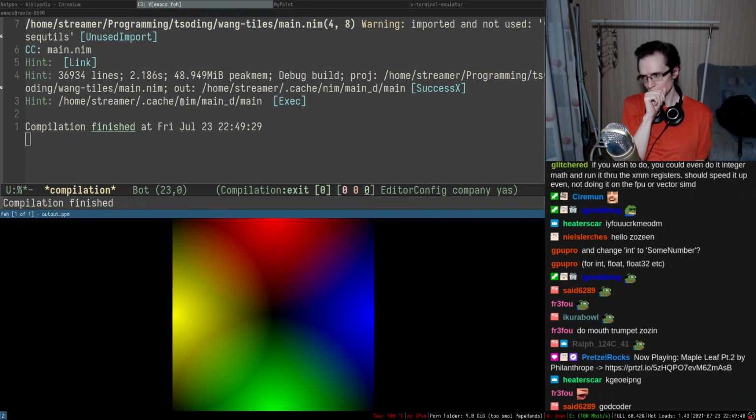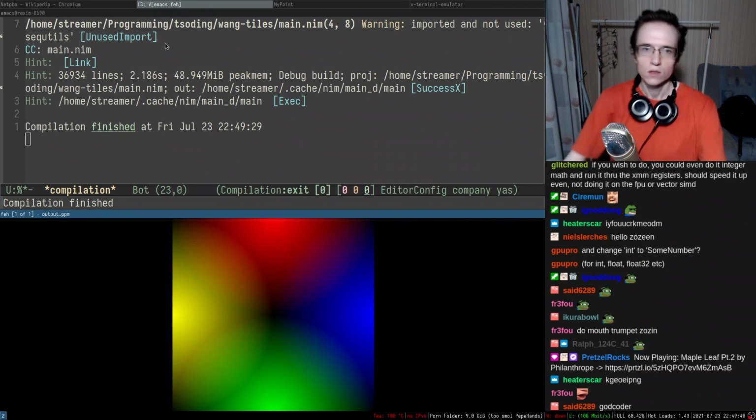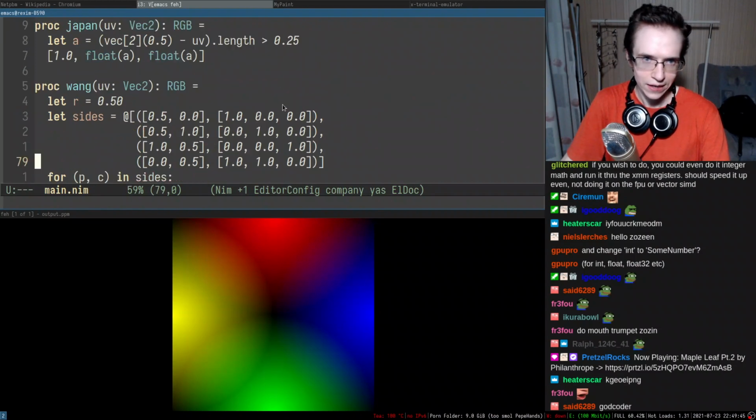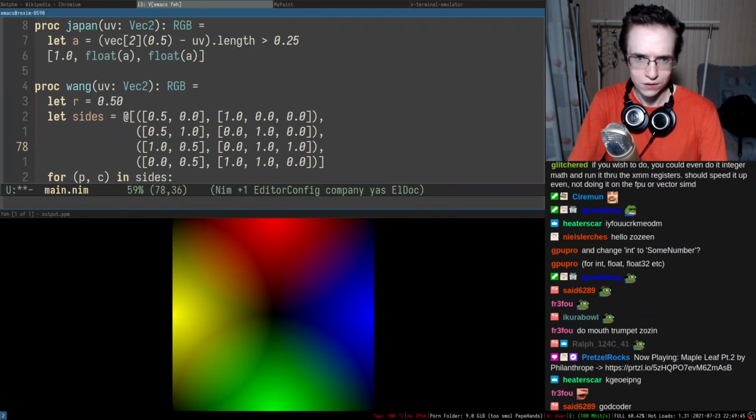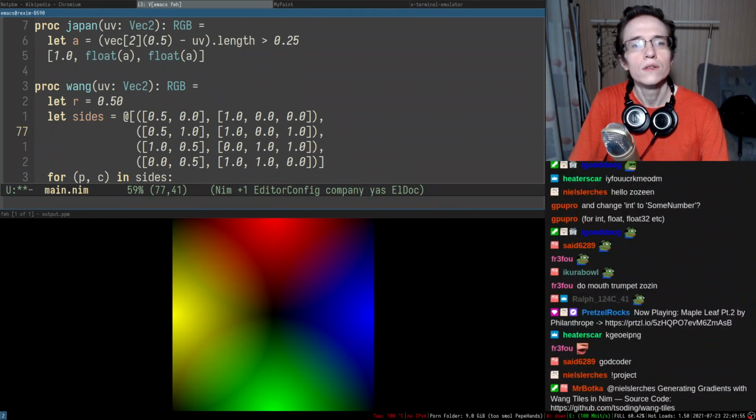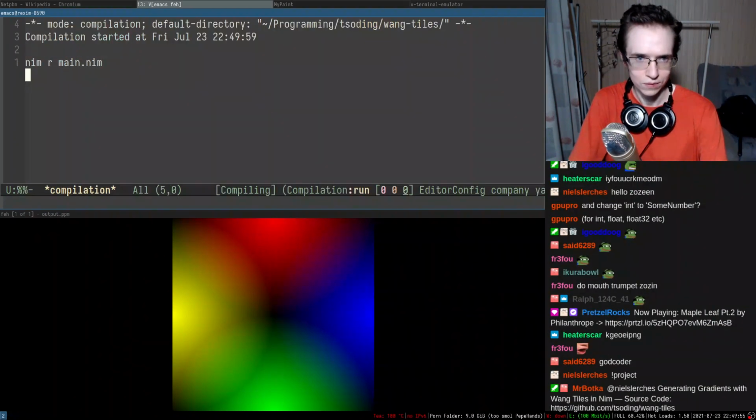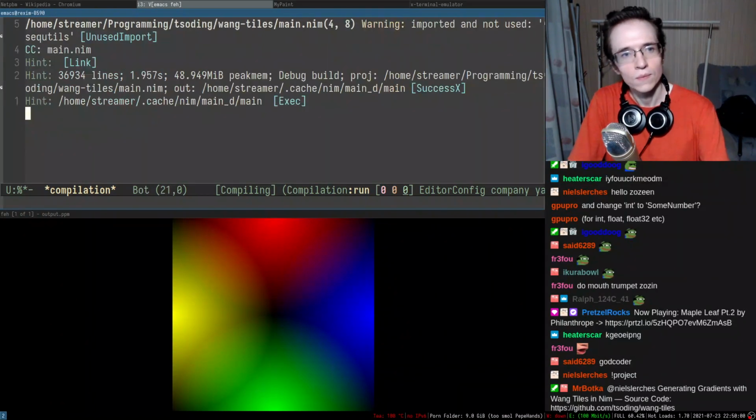That is interesting though. So what if we have more interesting colors? So this is a yellow, this is that, and then something like this. This, and yeah. So let's take a look.